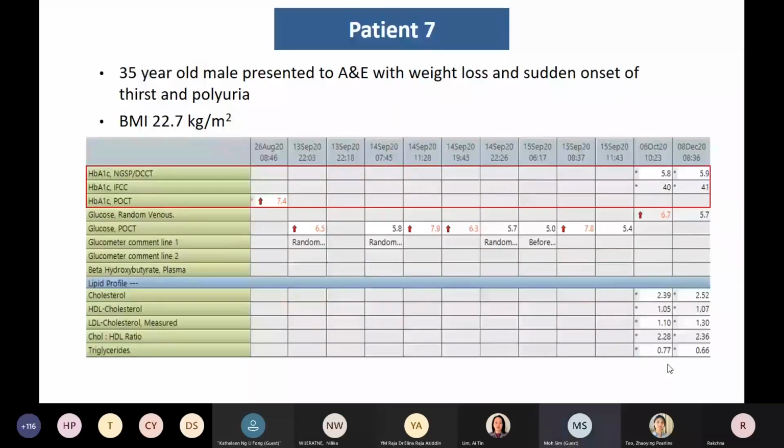This patient was discharged in late July and returned to clinic 1 month later. Note that HbA1c at his first clinic appointment is now 7.4%. And over the next few months, you can actually see he was readmitted on the 13th of September. And by the time he came back in on the 6th of October, HbA1c is now, in fact, ideal, even better than optimal. And this is again achieved by a combination of adjustment of insulin, oral medications, as well as lifestyle measures.